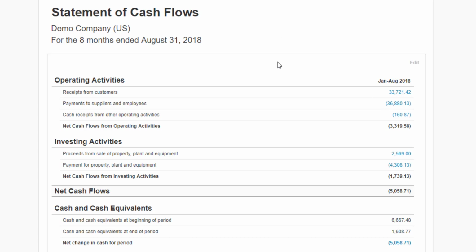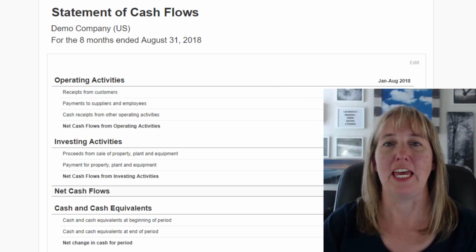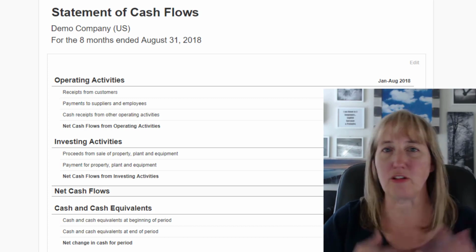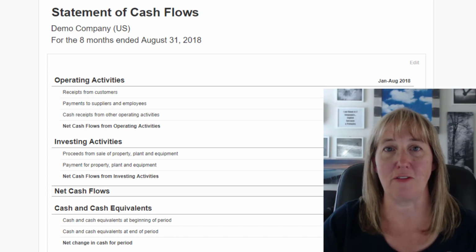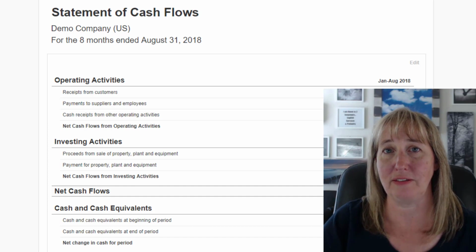Okay. The big number that you care about on this report is the operating activities. The net cash flows from operating activities, you're looking at this number here. You want it to be positive. You want positive cash flow. If your business, the regular operations of your business, is not generating enough cash to stay positive, you're going to have some problems down the road,